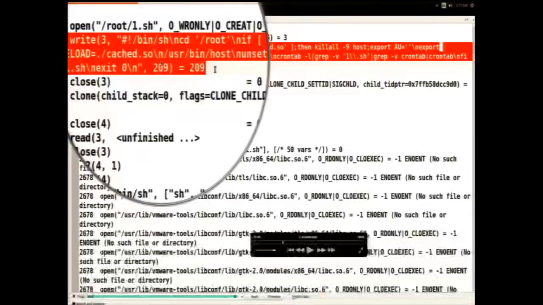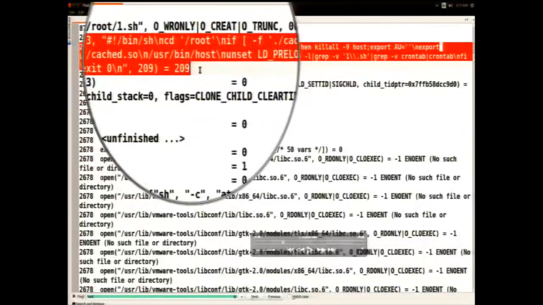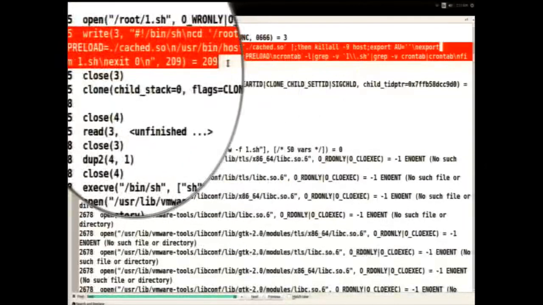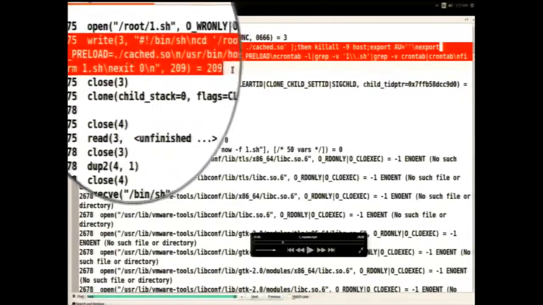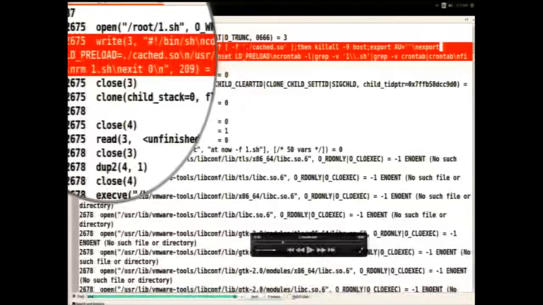And then once it sets that environment variable, what it is doing is running the host process here. So it invokes the host process, and then it is unsetting the environment variable. What exactly is happening here is that, like I said, ld_preload is an environment variable whose value is the path to the shared object. This technique is called the ld_preload technique.